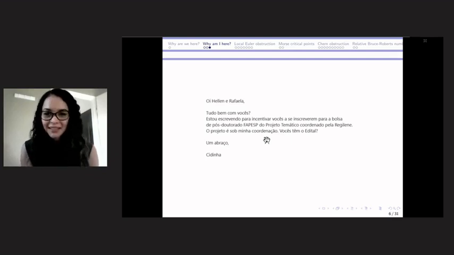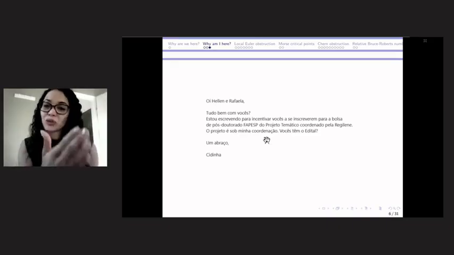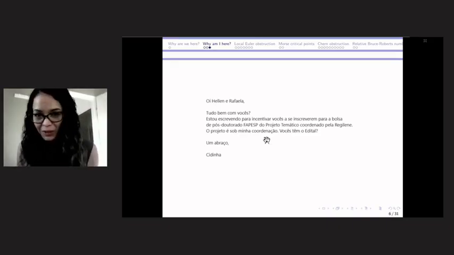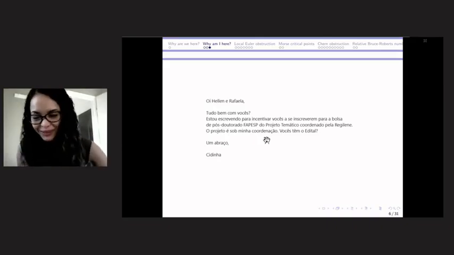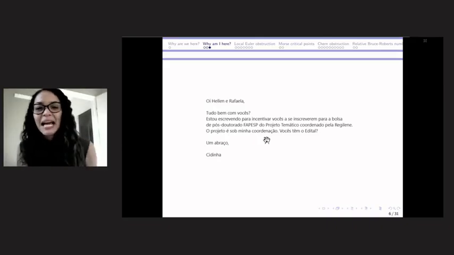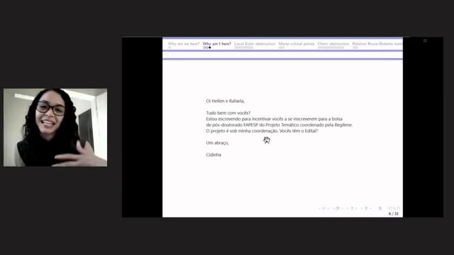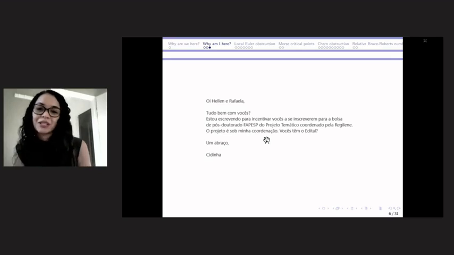Okay, that's it. And then I got the scholarship. I got the funding. So I had quit math already, and I am here now. Nowadays, I'm doing a postdoc in Germany. I came back to do a FAPESP postdoc with her. And then I got a position in a university in Minas Gerais. After that, I got my position in UFSCar, which is where I work now. And now I am doing a postdoc in Germany.